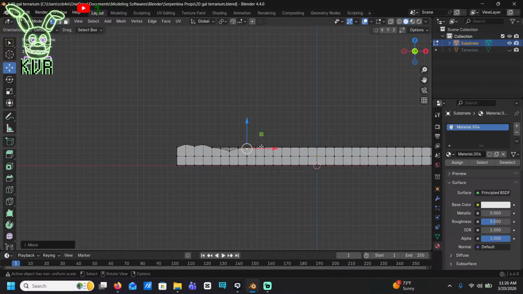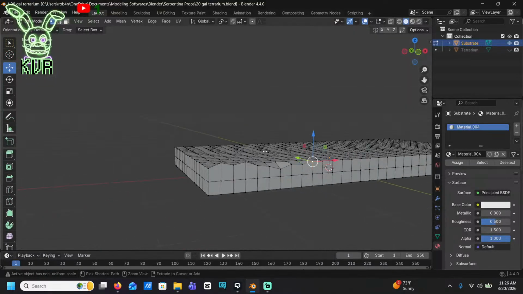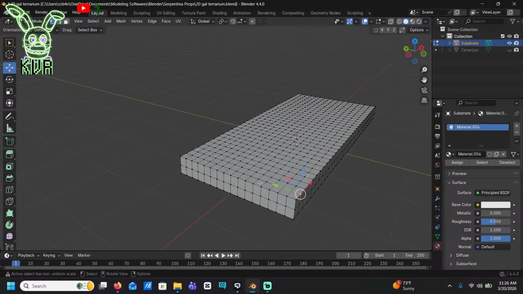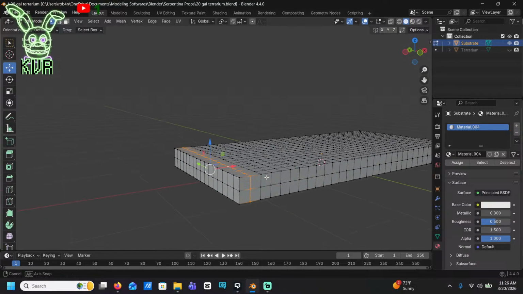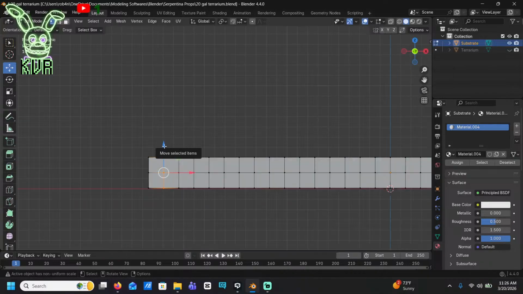I feel like there's probably a better way to do this. Yeah, there's definitely a better way to do this. Hold on. I can adjust doing it this way.